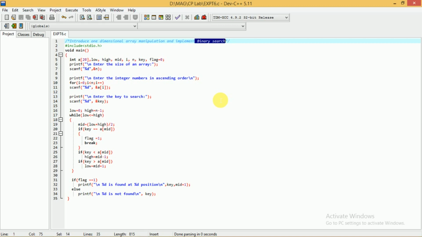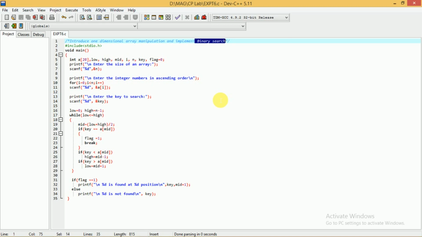With the help of the middle element you come to know whether the key is present in the first half or the second half. So if the key is less than the middle element, you consider only the first half. If the key is greater than the middle element, you consider only the second half. In this way this searching technique works.